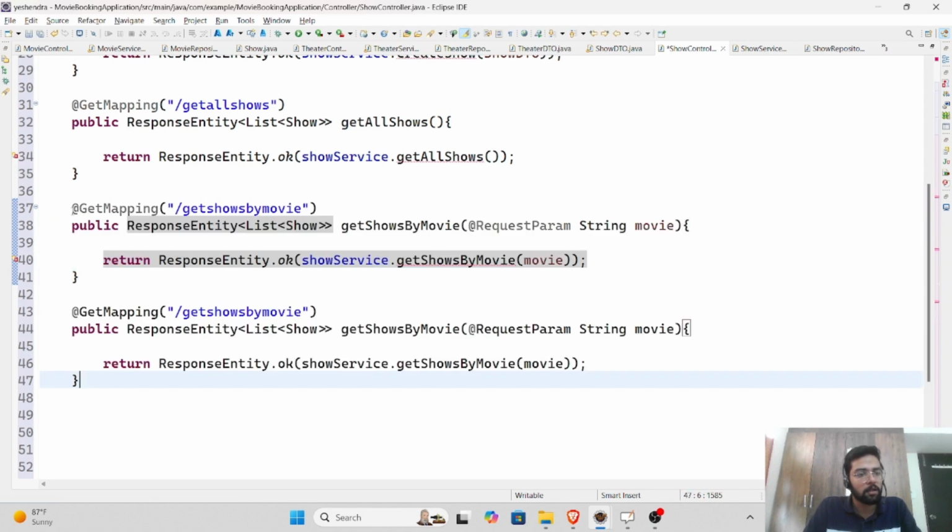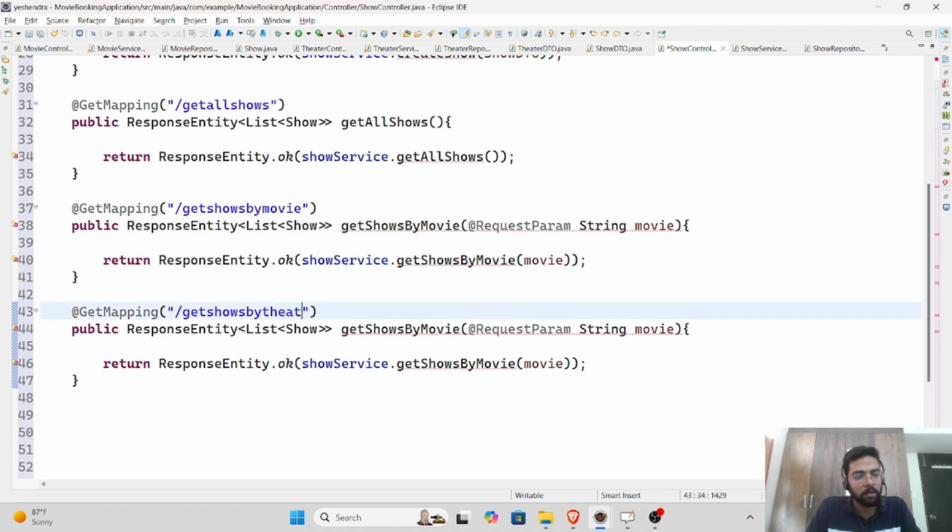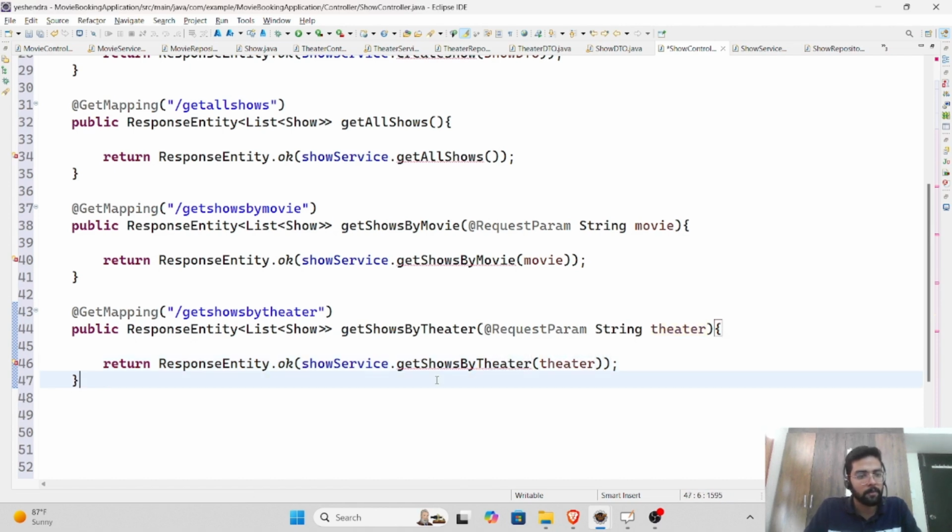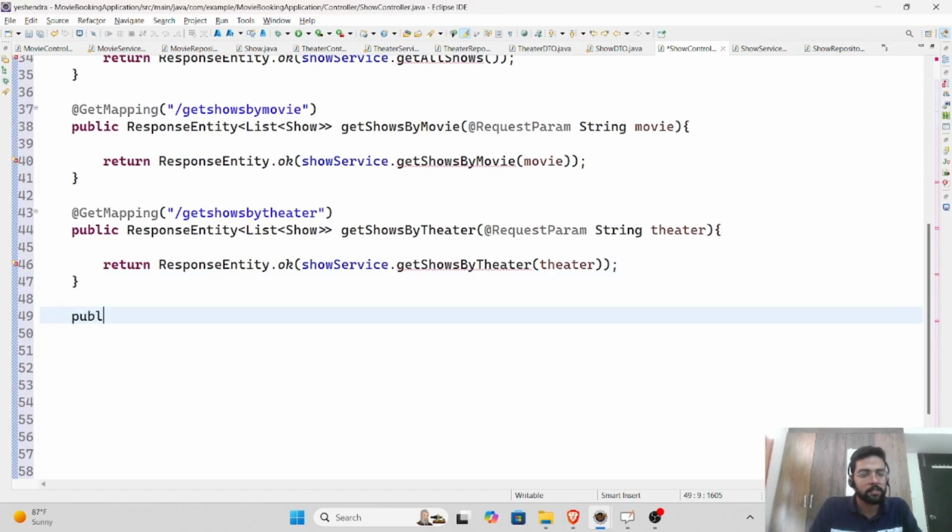Similarly, get show by theater. I am passing theater here and here also theater, and the method name also theater. Fine. Okay, the last two APIs are public